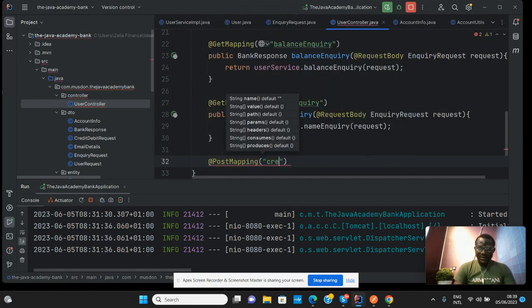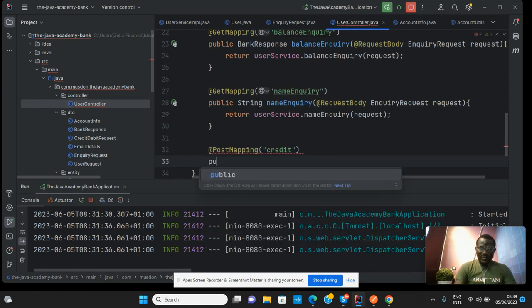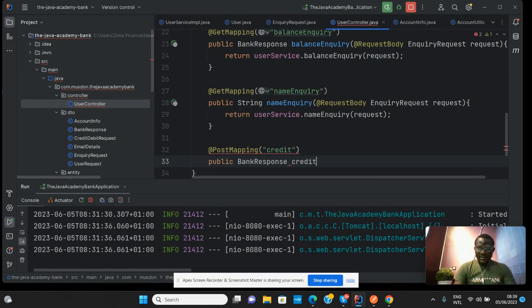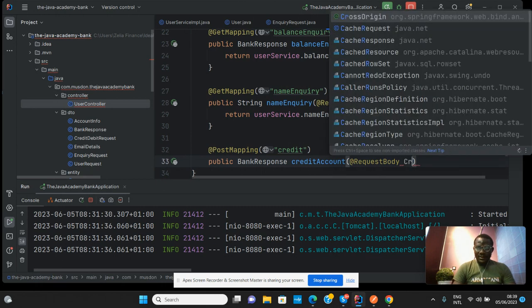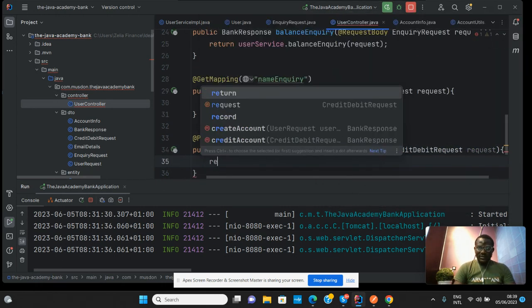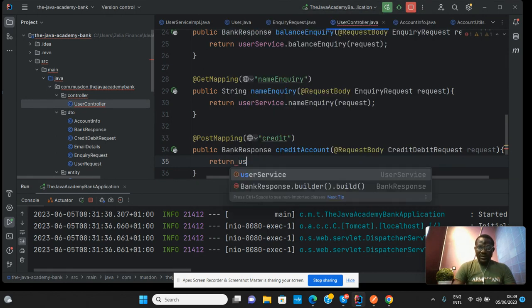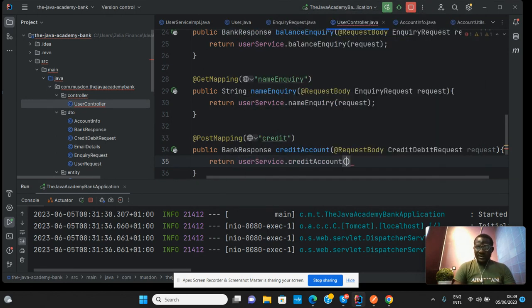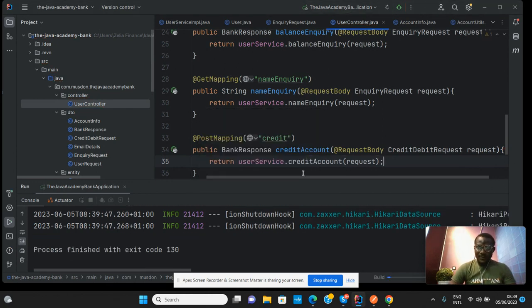And I'll call this one credit, a public bank response credit account, and then the request body to bind with the credit debit request. Here I'll just return, I'll call this service method credit account and then pass in the request. So if I run this now,